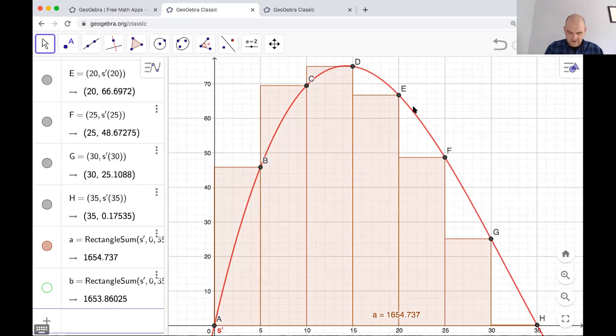Furthermore, it gives me a value. So I'm going to say that my summation is approximately 1654.737. Okay, so that's my approximation. Now, if we go back to the notes for a second,